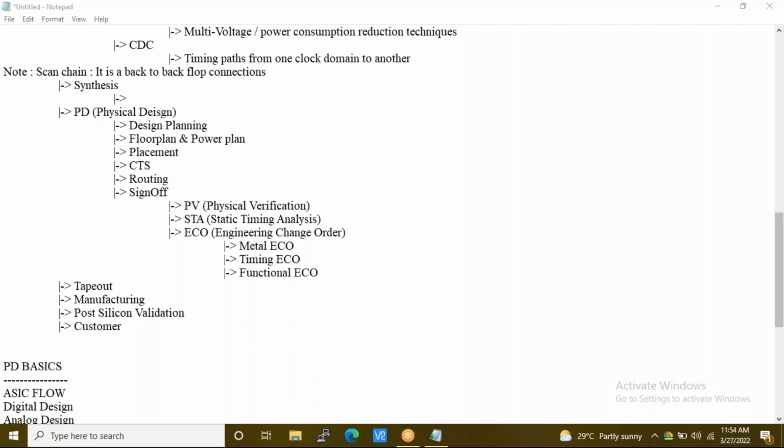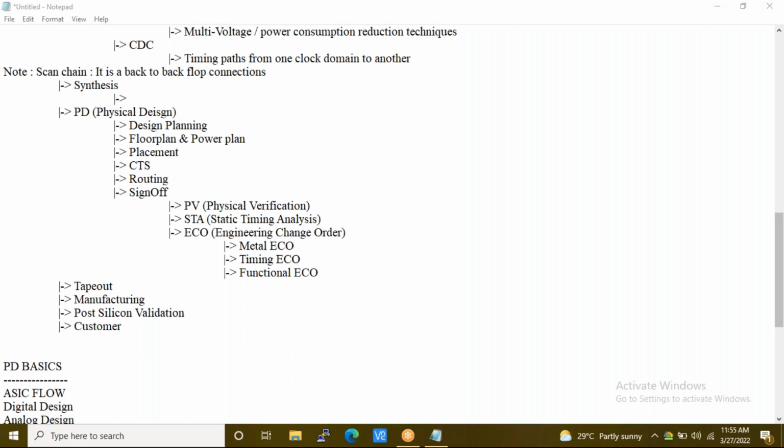What about those who have less than 60%? See, someone who has less than 60%, I don't suggest you go for backend courses. I don't suggest you go for the physical design course. Most of the time, the companies visiting for hiring physical design students have been asking for at least 60% plus.